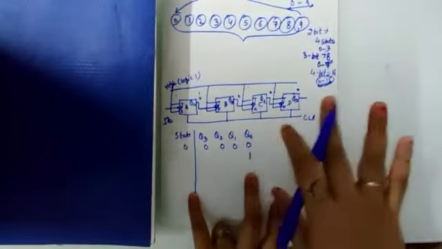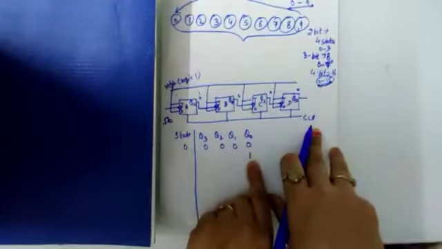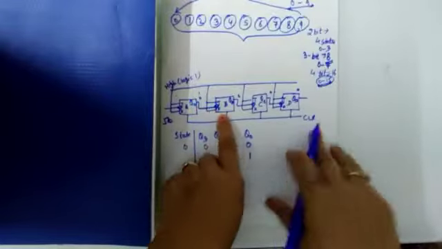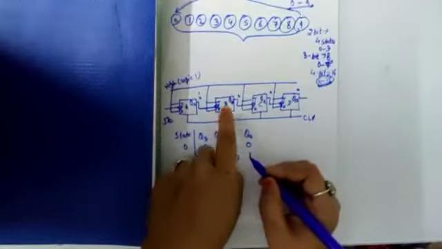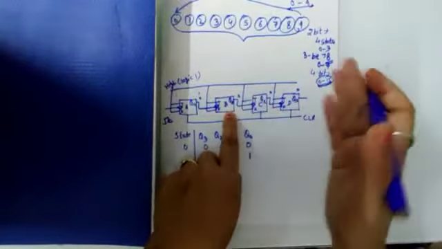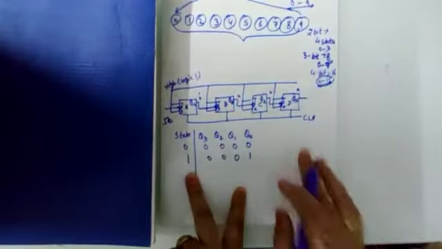This is the working that I have already explained. This transition is 0 to 1, but for a negative edge we want the transition from 1 to 0. So this will not trigger the second flip-flop, and the second flip-flop output remains the same as the earlier one. If it is not triggered, how will it trigger the other flip-flops? Output remains the same. So for the first clock pulse it will count 1.